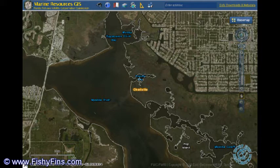But I'll tell you what, if you could entice a cobia to come up and hit top water like that out there, that's awesome. I mean, that's great. I have never had it happen. I've never had a cobia come up and blast on something. So, I've always had to...